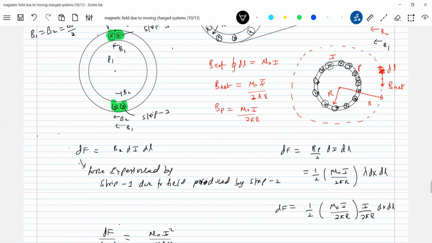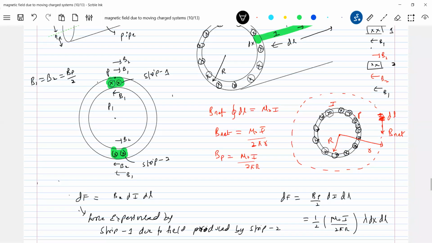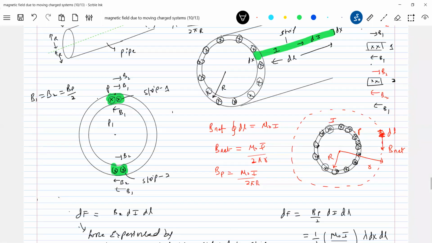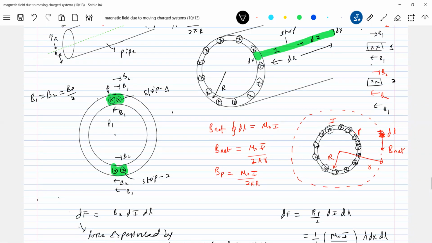This is something very important, like I brought Ampere's circuit law. We are just calculating near the surface. We know as I move away, what happens to the field? As I move away, according to this, the field will increase. On the surface, I'm calculating, that is equal to capital R. And I'm treating this like a large conducting sheet, because there's no beginning and end. So then take superposition, similar to that one.